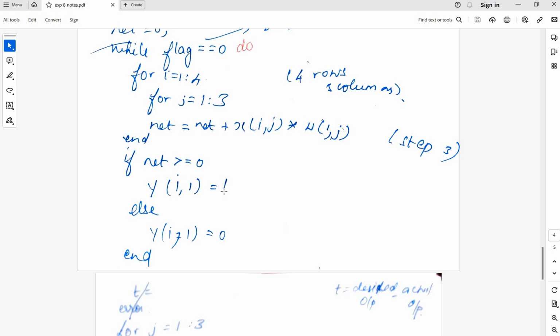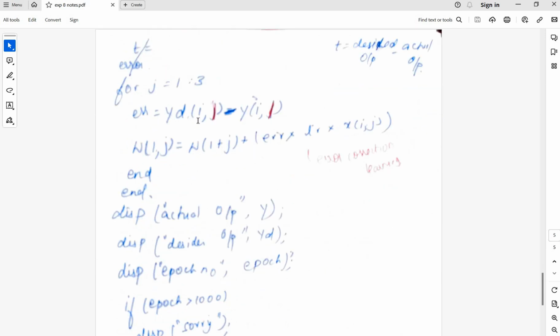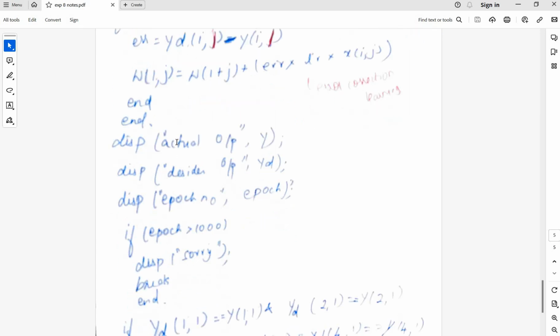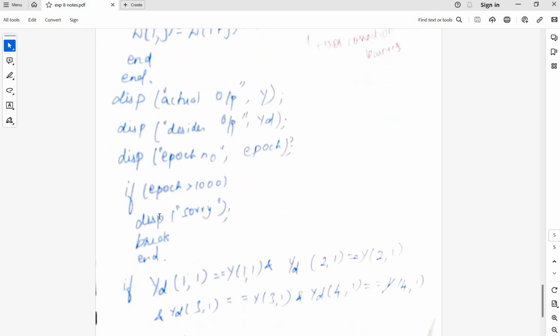If net is greater than or equal to 0, y equals 1, else y equals minus 1. Error is the desired value minus the obtained value. So if error is equal to 0 also, target equals desired minus actual output. W new equals W old plus alpha t x, right? So error value into learning rate into x value. Display all the values. Continue for more epochs. If the epoch is greater than 1000, so we still haven't come to the stopping criterion,